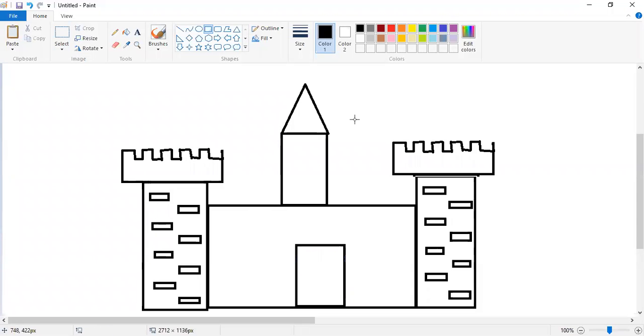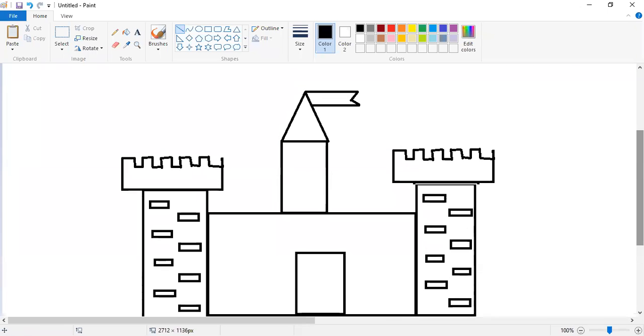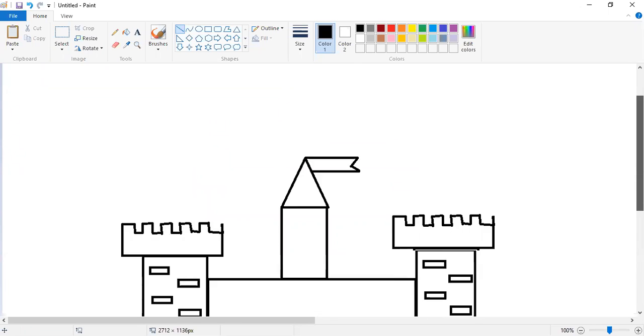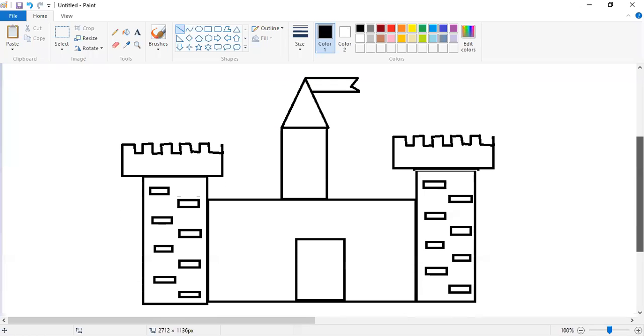Okay. I tried this design. It doesn't look very nice, but it is okay for the sake of practice.